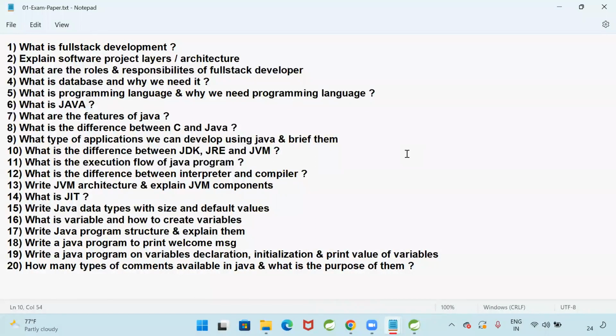Okay, guys. Good. You need not worry about the communication. You need to improve your technical skills. If you know the subject, you can explain to anybody. When you are explaining the subject, sentence formation is important. They are going to check how fluently you are speaking and how you are expressing your knowledge. That is important. We will do some mock interviews also. No problem. I will check how you are explaining the subject.